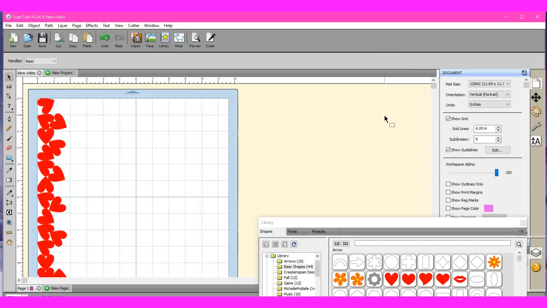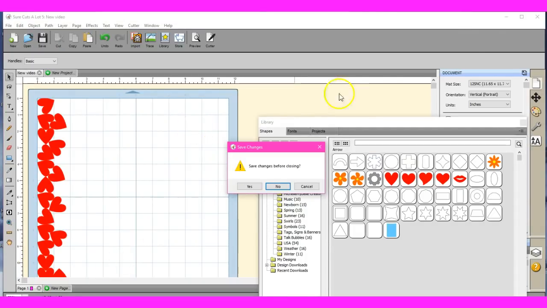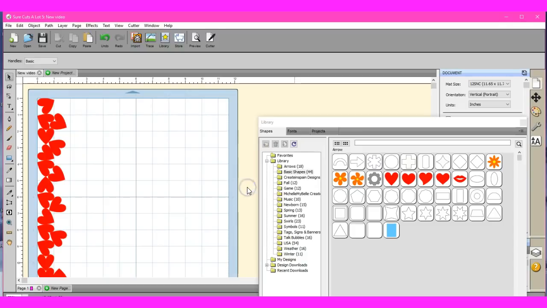Again, I teach for the ScanNCut because that's the cutter that I use. Okay, note, when I come up here and I click on the X, when this comes up, understand this Save Changes will come up for every project you have open. If you have 4 different projects open, 4 different Save Changes will come up. So if I click Yes,